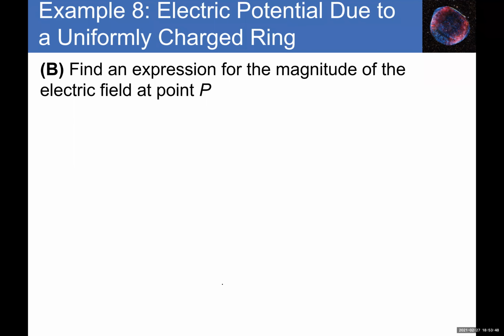Okay. Part B says to find the expression for the magnitude of the electric field at that point P. That means if I want to find the electric field using Coulomb's law, we could have done that. I showed you in the previous videos. But what I'm going to do here is this. Since we have the potential, which is kq over x squared plus a squared, using the symmetry, we can see,